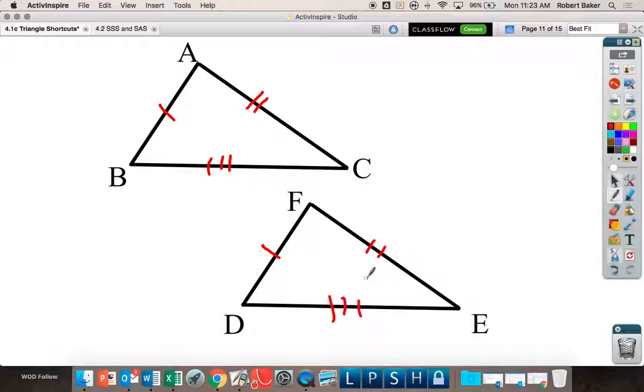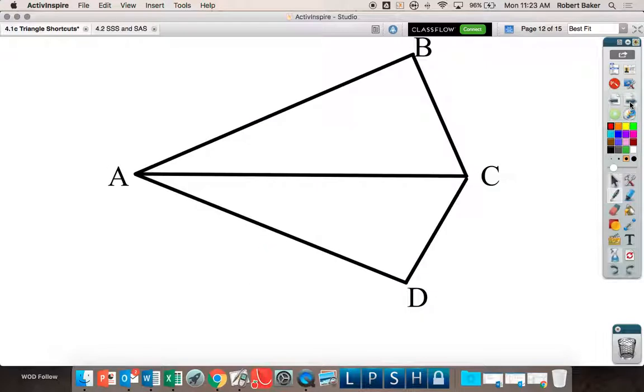Are those two triangles congruent? Yes. Why are they congruent? What have the markings on? Yes. Now, there could be a scenario where it looks like this. Wouldn't that be reflection? So if I gave you this,